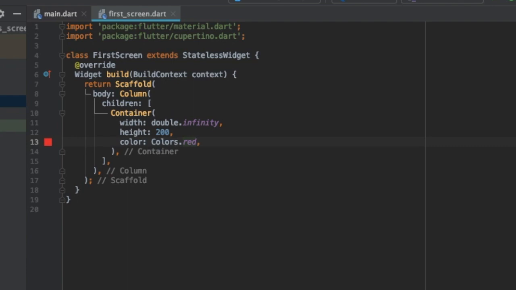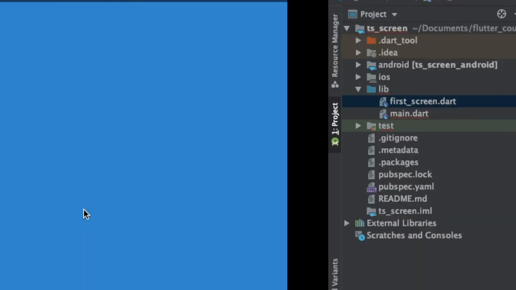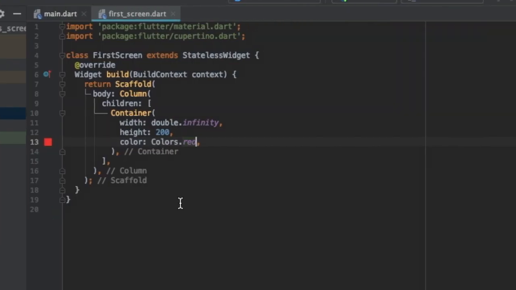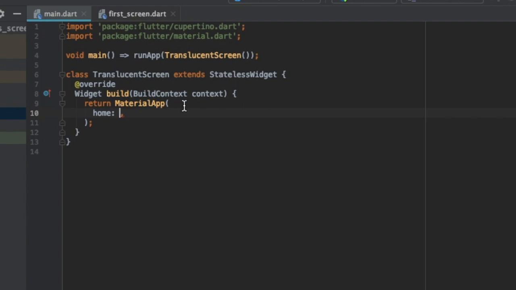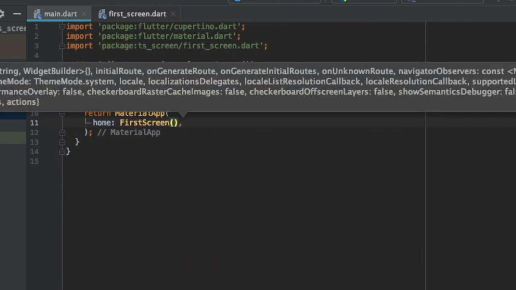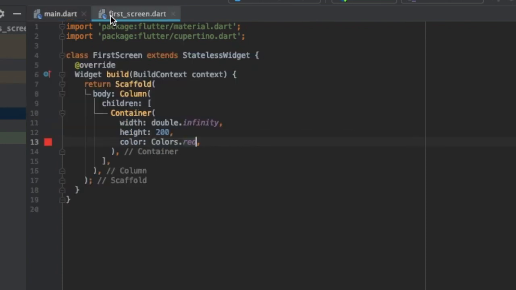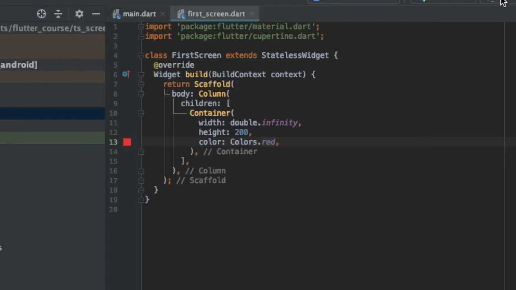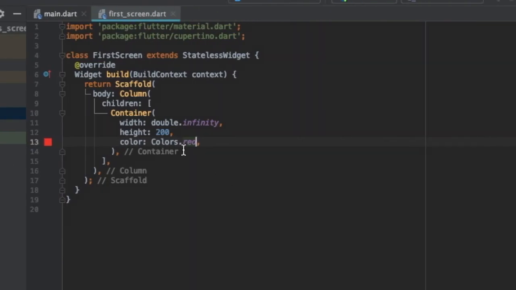Simple. Let us run this application so that we can create. Okay, we have to use our first screen over here because our home is blank. So first screen. I hope you have understood this procedure. It is very easy. If you know Flutter a bit, you would be using this. Let me stop, play again. Okay, we will do our next coding while it is running.